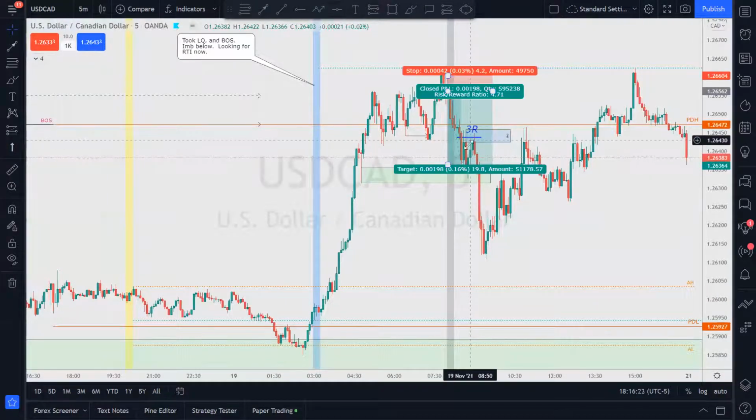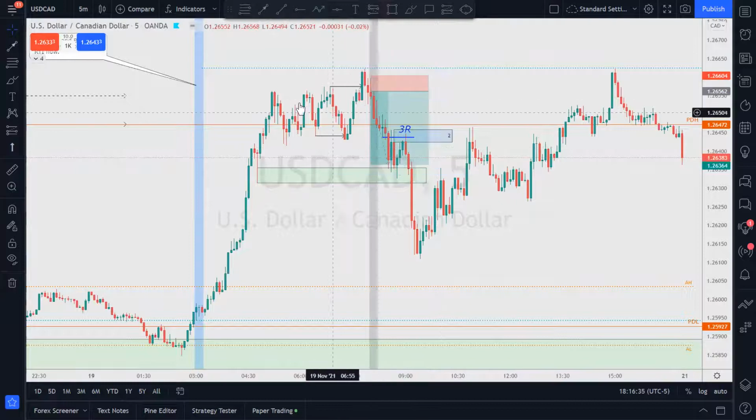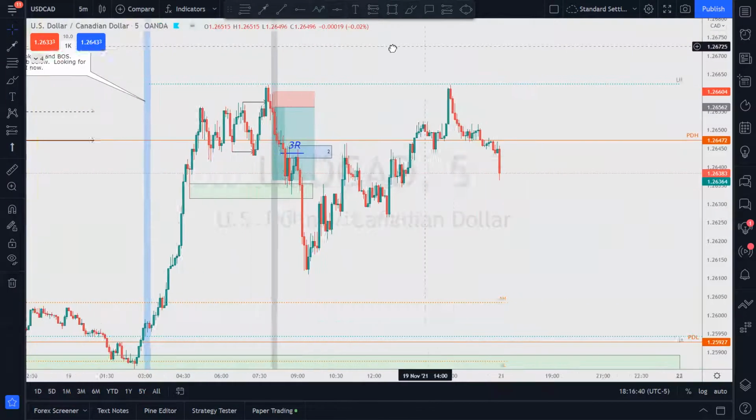Actually, I didn't let my runner run. I stopped it there because I was in 2 trades. I had enough. I split the risk between the 2, so it was okay. You saw all this trouble up here, right? You saw all that trouble up there.